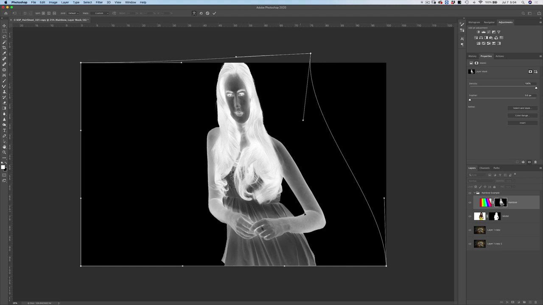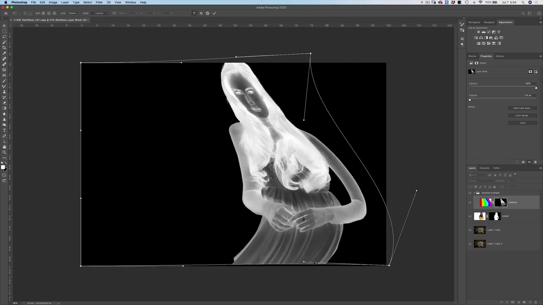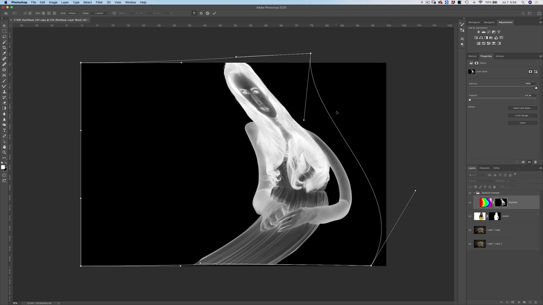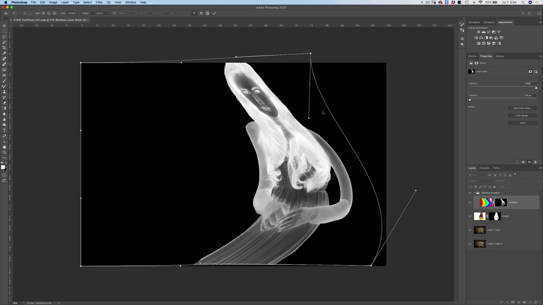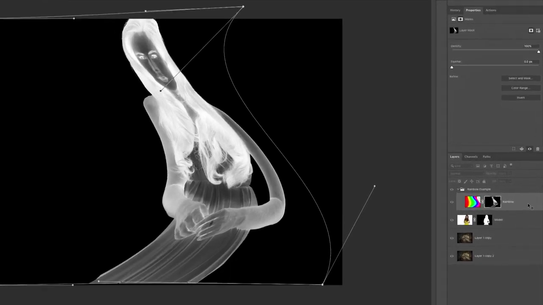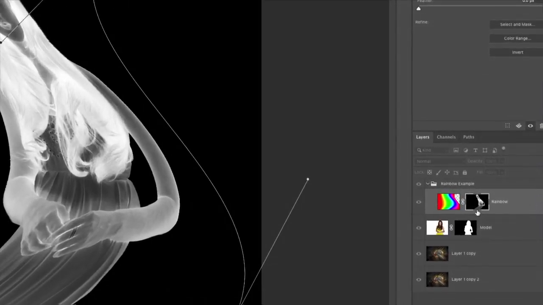And we can totally move it around and make it look really crazy. But here's something that I want to bring to your attention. You can see that I'm warping the mask here. If I look over in my layers palette, you can see the warped mask, but you can also see that the layer underneath it, the rainbow layer, is also warped, okay?